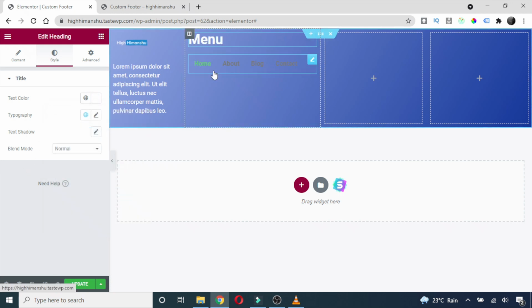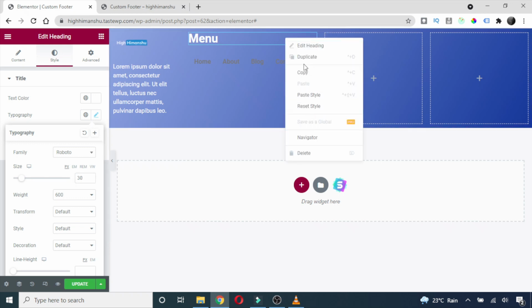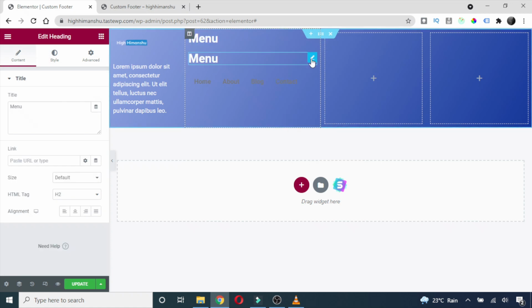Yeah, and similarly I can decrease the size as well. So I'll go to this typography here, I should make it 25, I think 30. Yeah, and I'll duplicate it, just duplicate, and scroll it down,